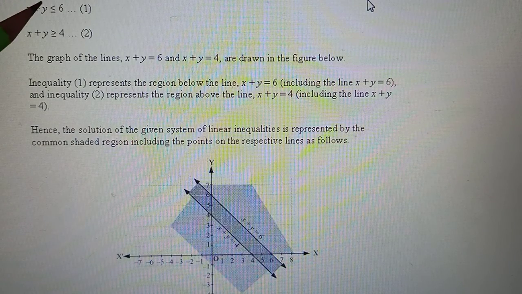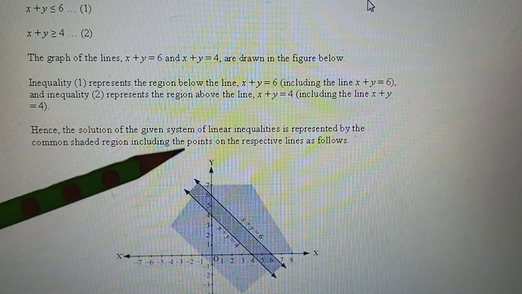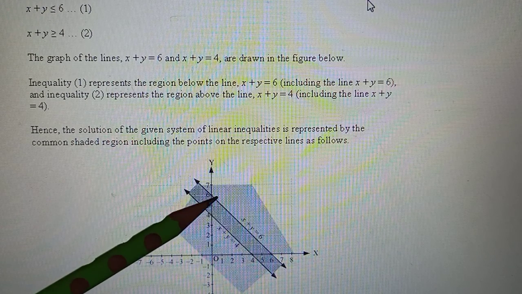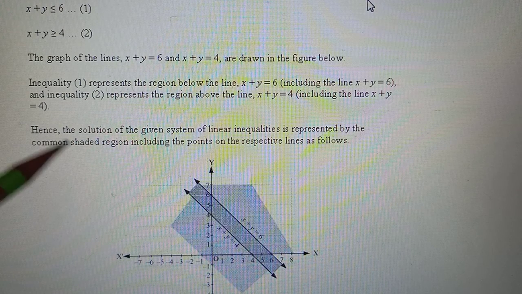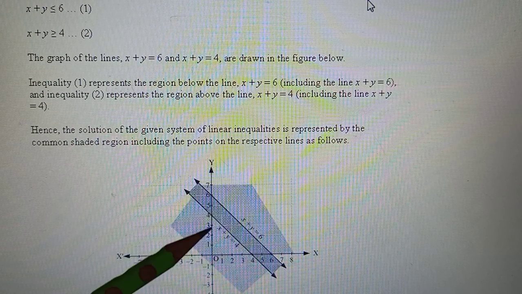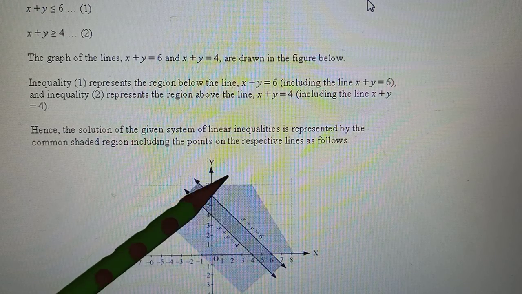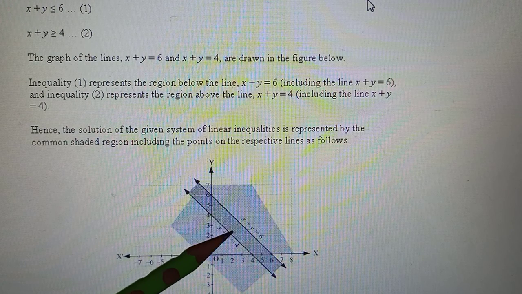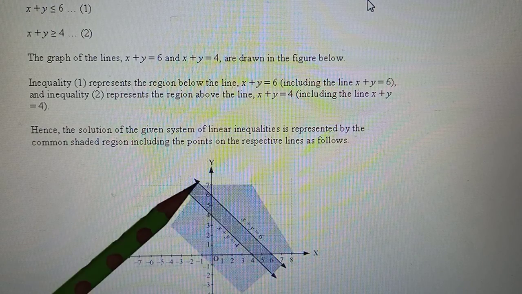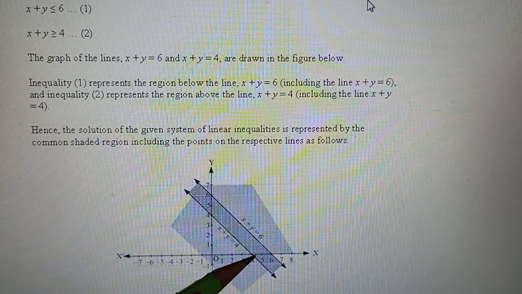Now x plus y is smaller than 6. तो smaller than है तो नीचे को shading होगी. 0 smaller than 6. If you put 0 plus 0, 0 is smaller than 6, तो below the line हो जाएगी shading. For the other one, 0 is greater than 4 is a false result, so origin will not be part of solution. So the region other than the one which has origin, that would be above the line. Okay, so इसका below the line आ रहा है, इसका above the line, so that means this region between these two lines is a solution set. Okay.